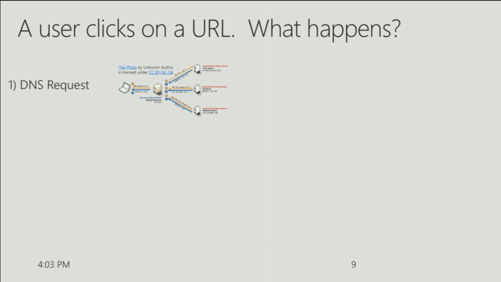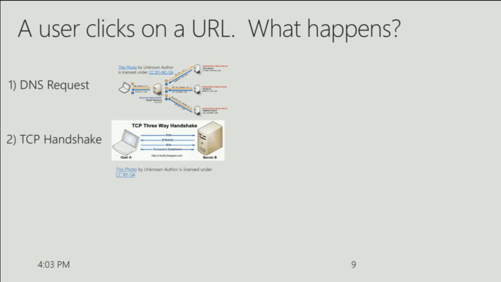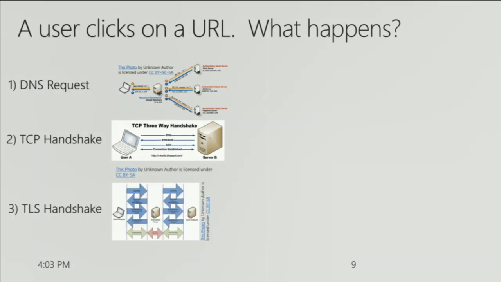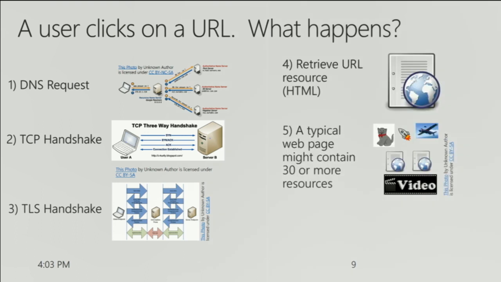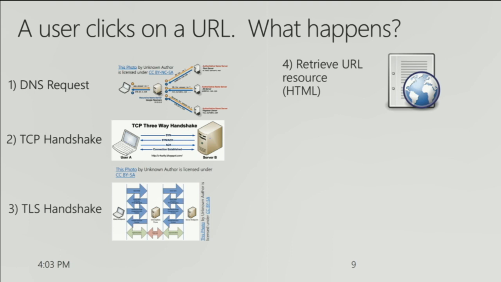A user clicks on a URL. Okay, so they have a DNS request. This is going to take one or two or more RTTs. All right, we burned up one or two RTTs. Then we go to the TCP connection. In order to establish a connection, we're going to do a three-way handshake. That's 1.5 more RTTs. Then we can begin to transfer data. The first data we're going to transfer is our TLS handshake, our TLS certificates. So that's 1 or 2 more RTTs. Now we can get our URL resource, and we're done, right?